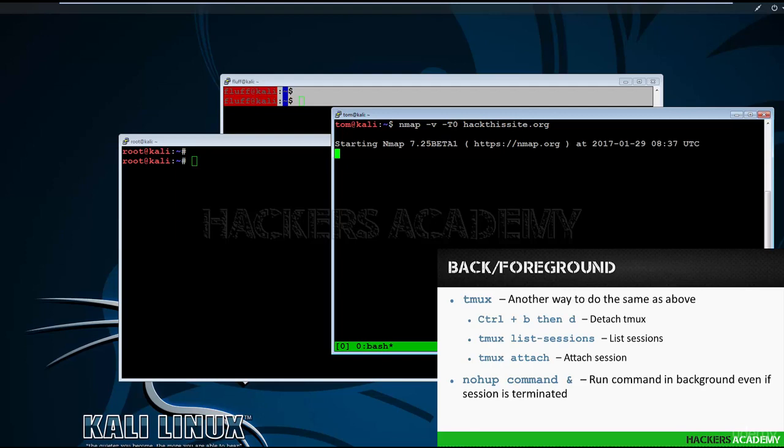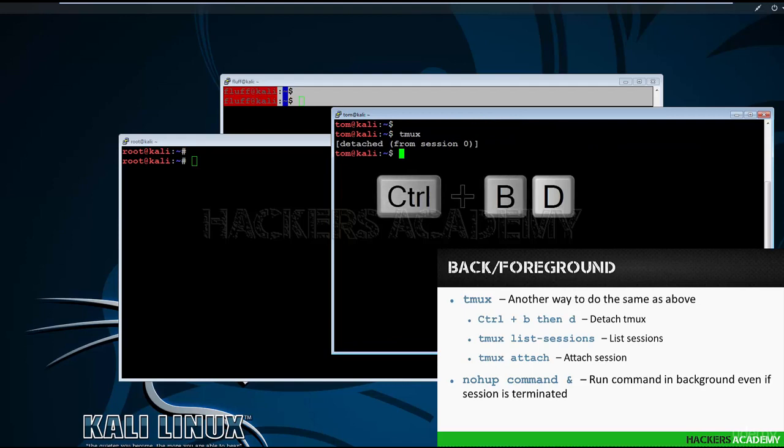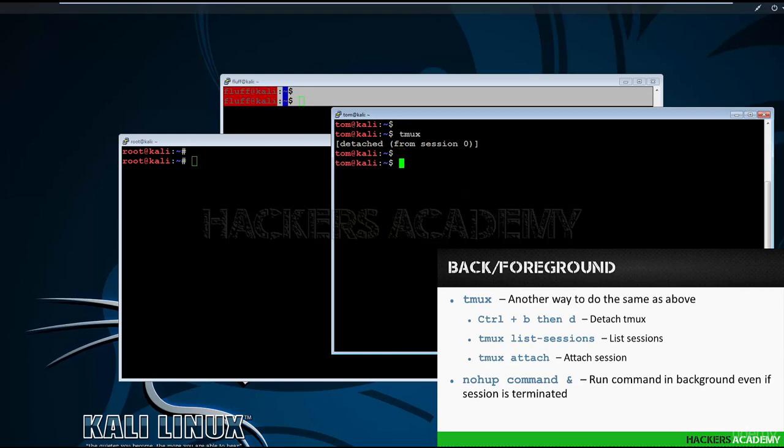And to detach myself from tmux to go back to my original shell, I do Ctrl-B and then D. So Ctrl-B together and then D as in detach separately. That detaches me from tmux but leaves the session running in the background. To list the sessions that are running, I do tmux list-sessions, similar to the jobs command, and that shows me